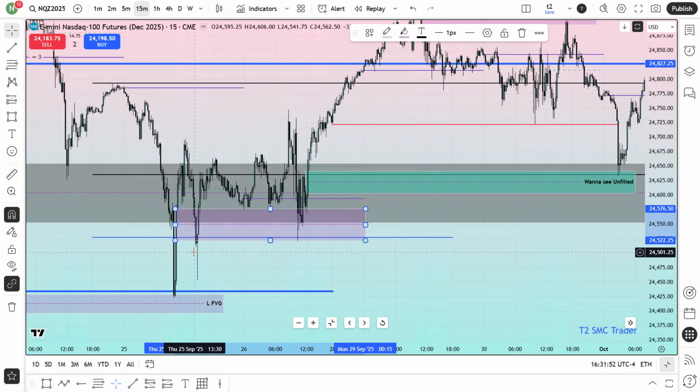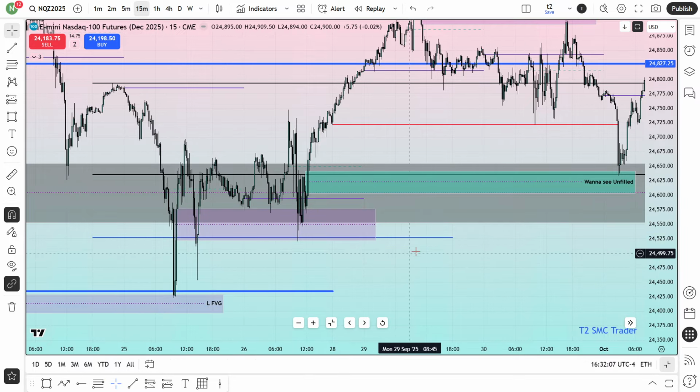because it has been absolutely closed by the body. So here you can see this gap has been closed by the body. So I didn't want to use this gap anymore. Instead of that, I wanted to use that gap as my last fair value gap. But it's absolutely up to you. Whatever you would love to do, you can do.